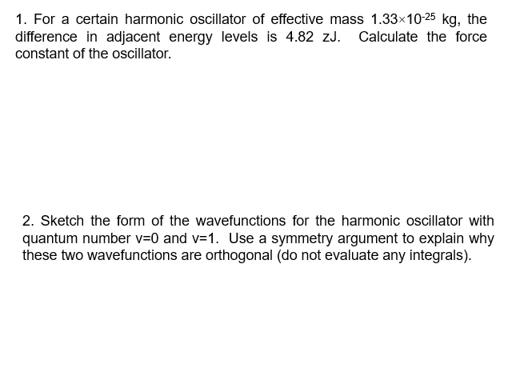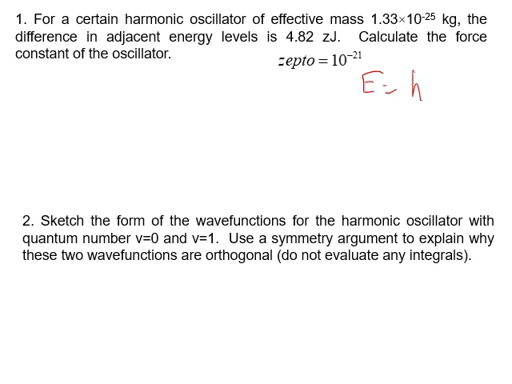Question number 1. For a certain harmonic oscillator with a given effective mass, the difference at adjacent energy levels is also known. Calculate the force constant. So first, Z means 10 to the minus 21. So under the harmonic oscillator approximation, the allowed energies